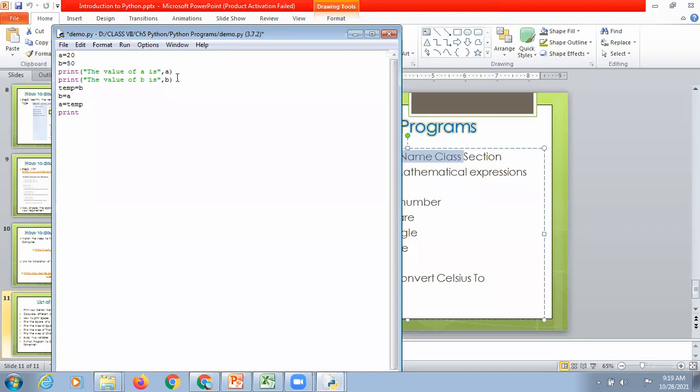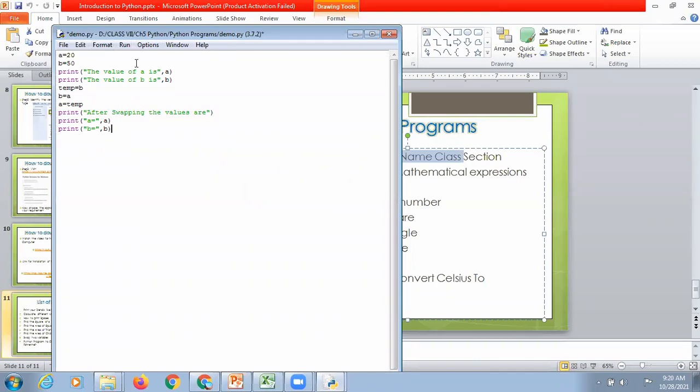Print after swapping the values are, print A equals to, comma A, print B equals to, comma B.